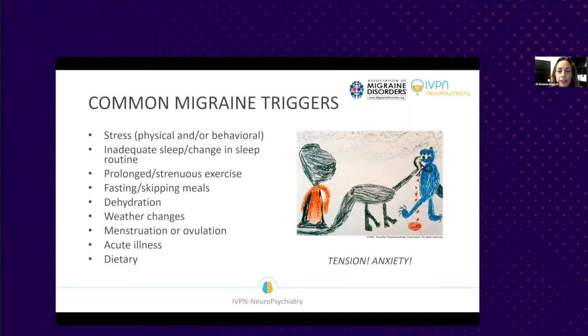Now with triggers, I mentioned before that I typically try to educate families that the cause of migraine, and it may be a bit simplistic to explain it this way, but I think it can really help them understand the concept. There's the genetic predisposition. It's intrinsic, but triggers exist inside and outside the body that can certainly serve as catalysts to set off and bring about an exacerbation of migraines.